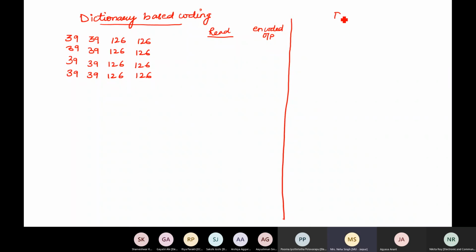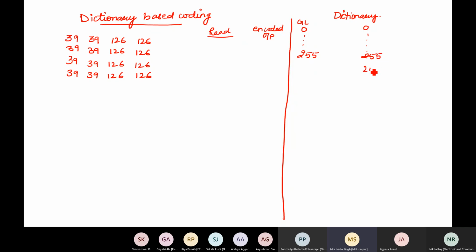At every step, I need to update my dictionary, right? Where initially the entries in the dictionary are the gray levels 0 to 255, so that the positions from 0 to 255 are occupied.